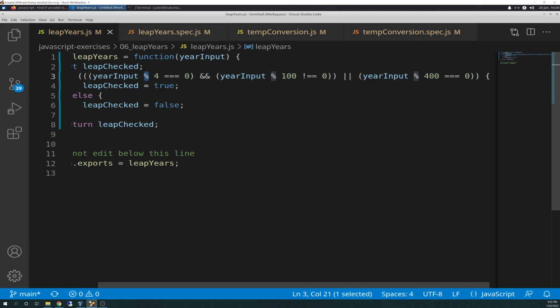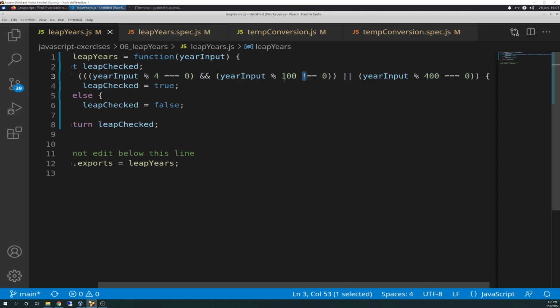Remaindered for 4 evenly, which equals 0. So if that's true, and the year input remainder 100, and bang means not. So if year input remainder 100 is not 0, meaning it equals a decimal, 10 or 20.55 or whatever,